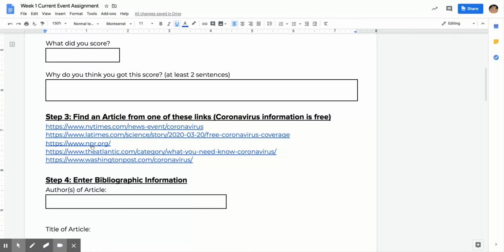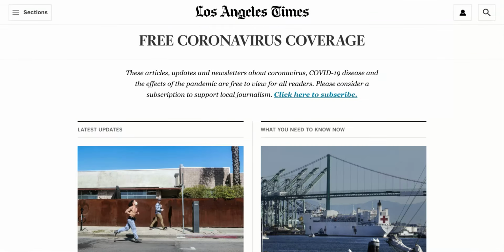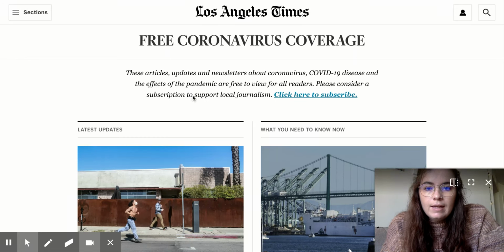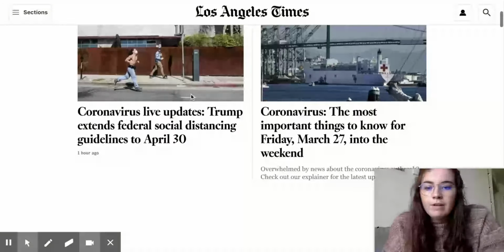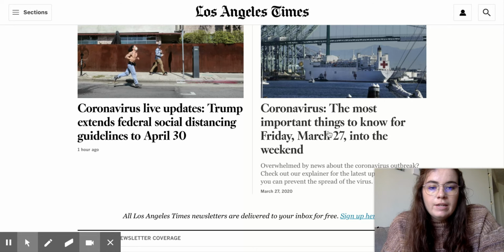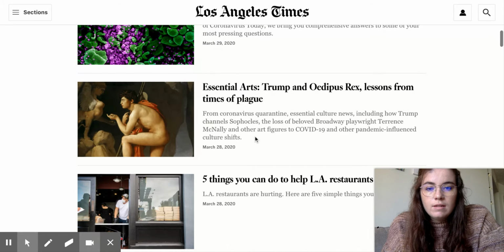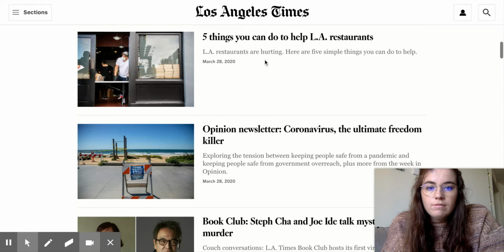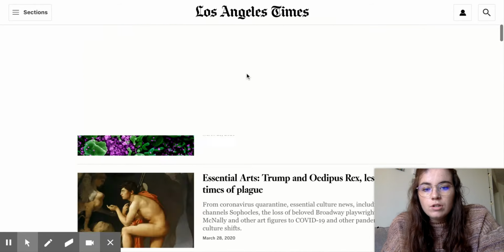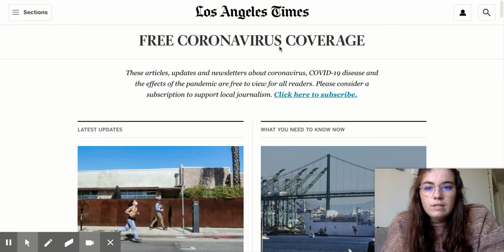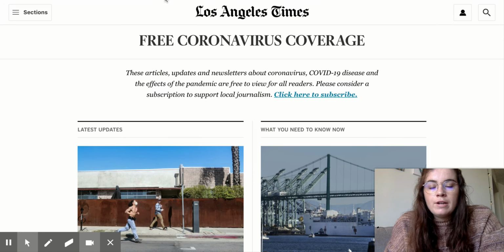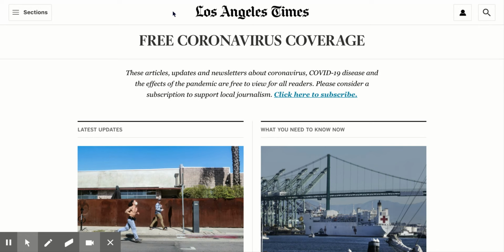So then we will go to the Los Angeles Times. They have all their free coronavirus coverage, live updates, most important things to know, frequently asked questions, the arts, 5 things you can do to help LA restaurants.